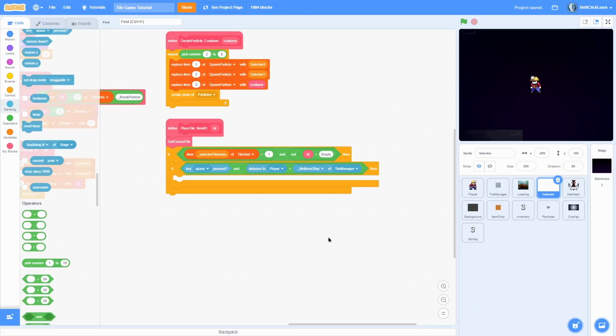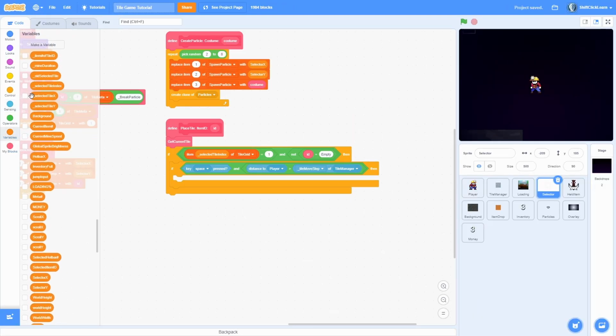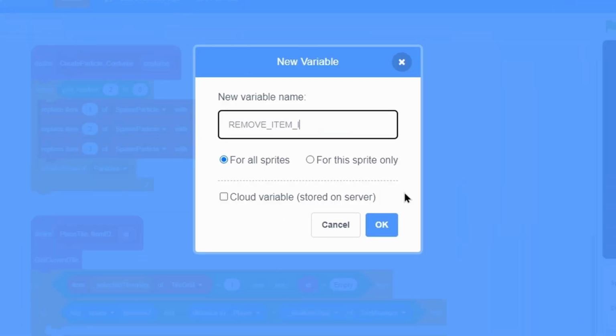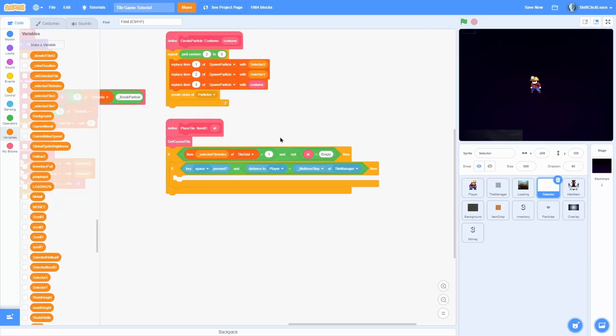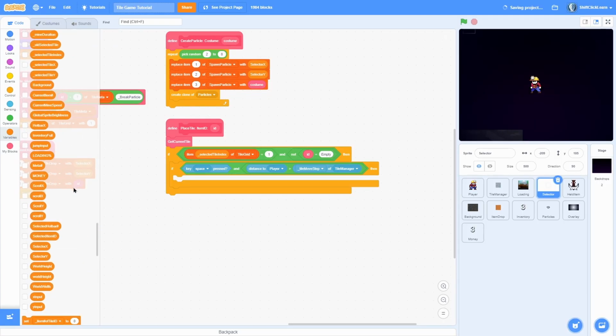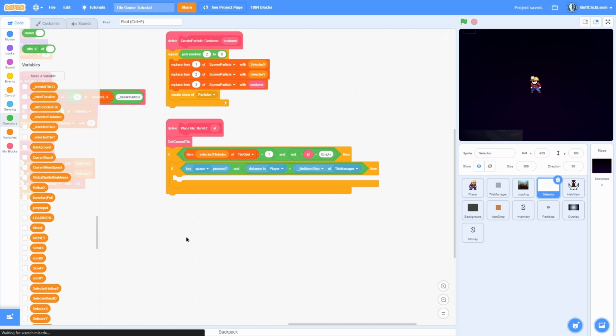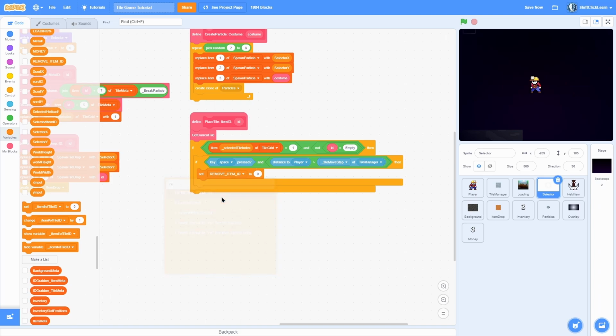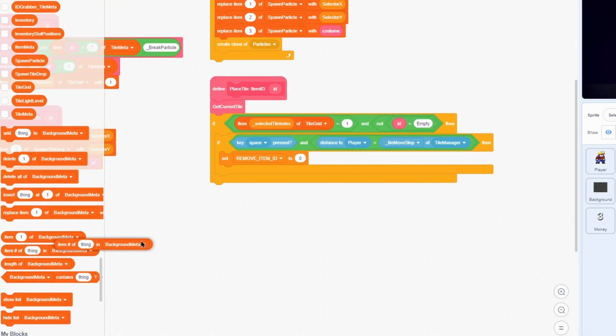So if all those conditions are met, then we can place the tile. So go ahead and make a for all sprite variable called remove item ID like this, and this is the ID that we need to remove from the inventory. Now I don't know where that went, but I can't see it, so I'm going to reload the page. Alright, it's here now, so we can go ahead and set the removed item ID to the item number of